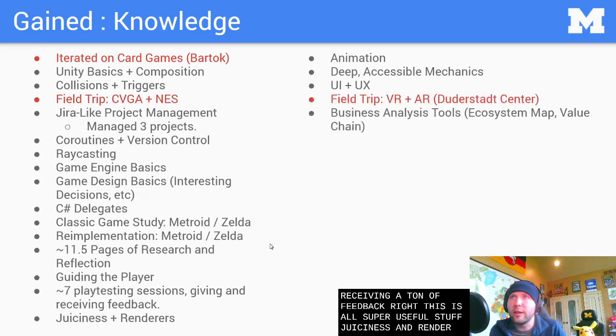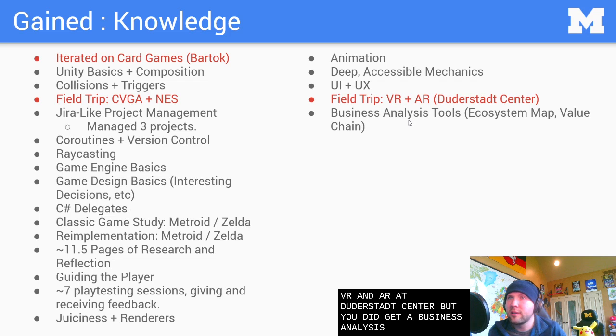Juiciness and rendering. You learned a little bit about graphics, maybe a little bit about animation, how to keep mechanics kind of deep, but also make them accessible. UI and UX, what makes it work? Where do we put information to make sure the player sees it? You missed out on a field trip to do VR and AR at Dudastat Center, but you did get a